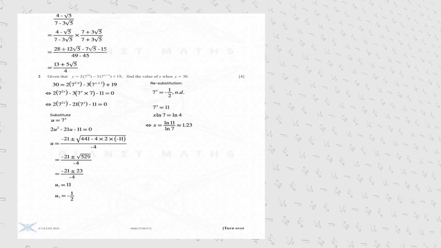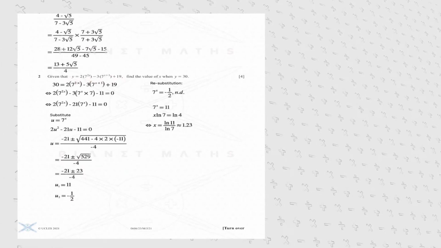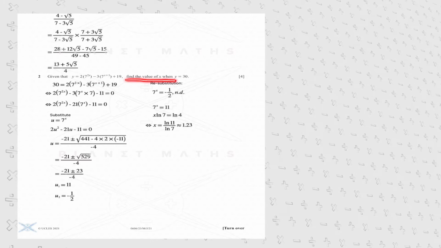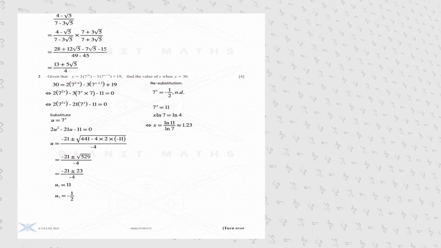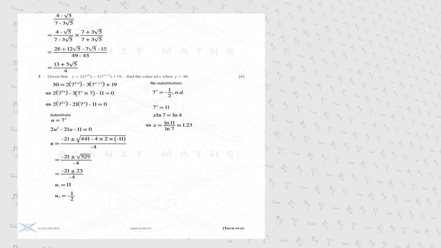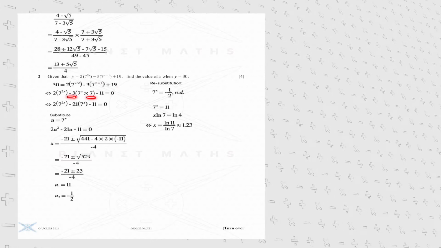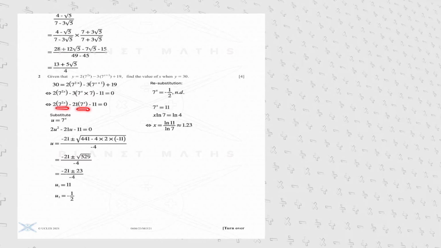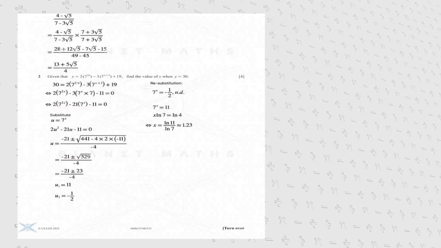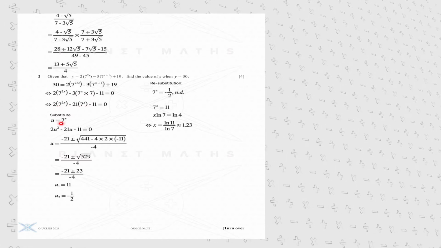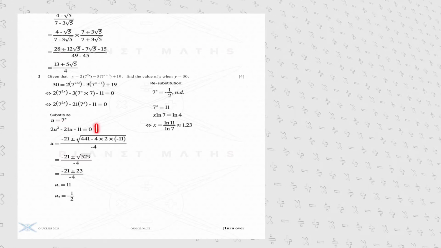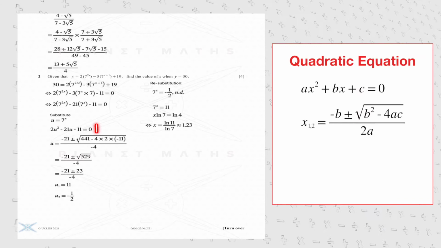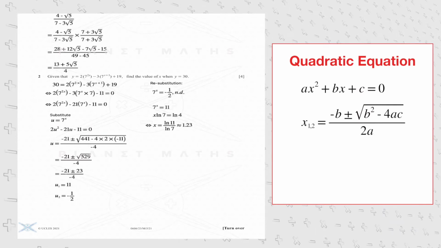Exercise 2 provides us with the following equation, whereby we are supposed to find the value of x for y being 30. So firstly we substitute y for 30 and rearrange the equation for 0. In a second step we multiply negative 3 with 7 to obtain the following form, which resembles a biquadratic function. To exploit that we will substitute 7 to the power of x for u, and at that stage we are able to use the quadratic formula in order to determine the values for u, which after simplification are negative 1/2